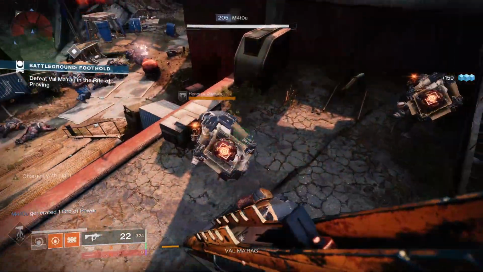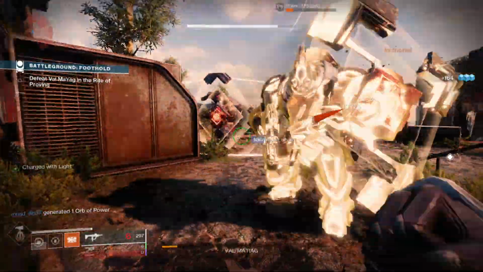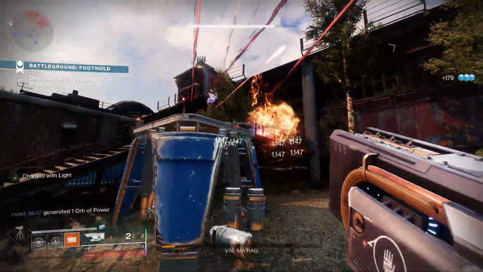Next up, I'm using Elemental Ordnance, so defeating a combatant with a grenade spawns an Elemental Well that matches a subclass energy type, and it is best to use Vortex, Thermite, or Pulse Grenades to get the most out of this mod. So what I'm going to be doing is creating Elemental Wells with my grenades, and then using those